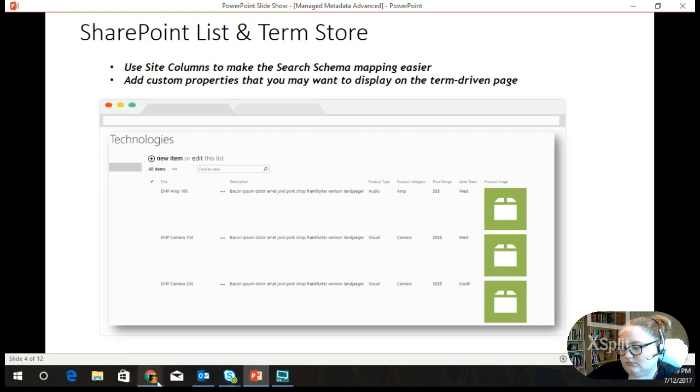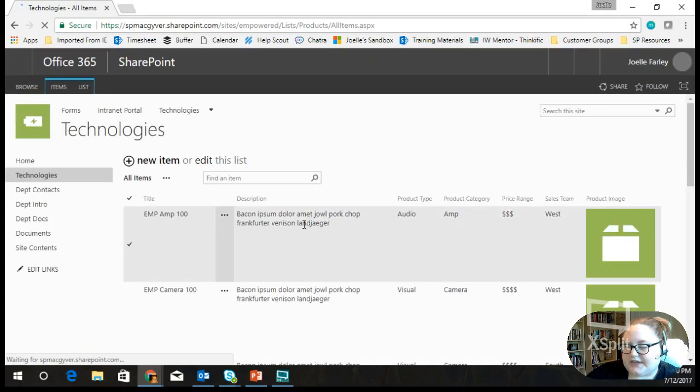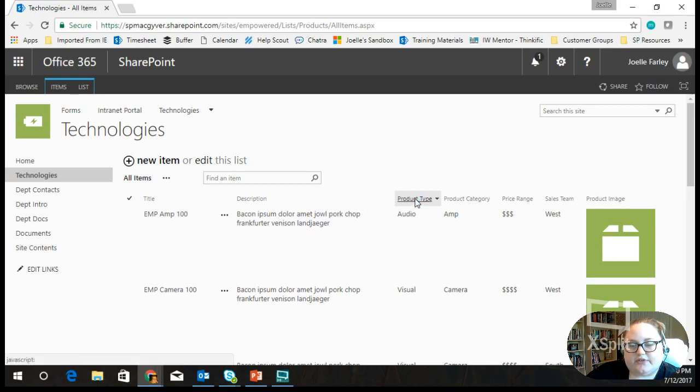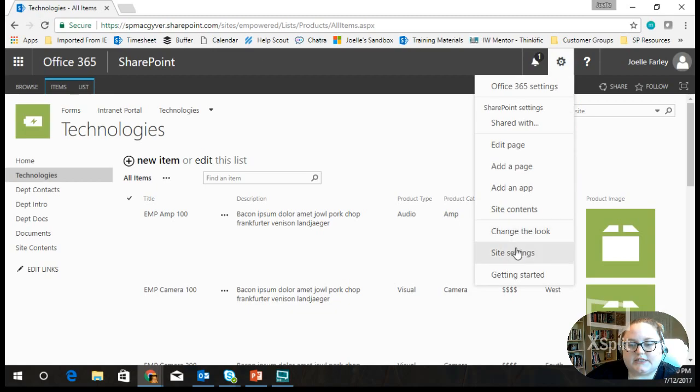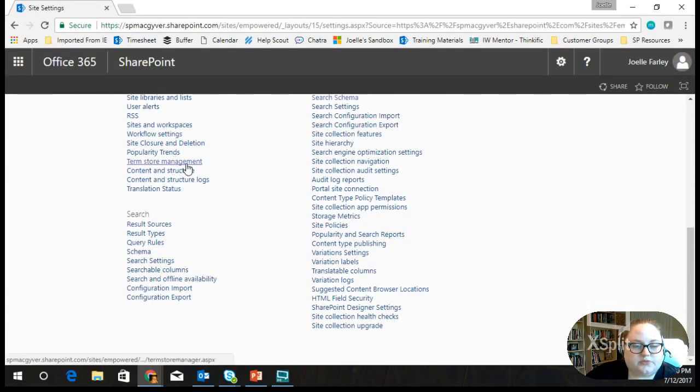Alright, so here, the technologies list is the list that I am using to generate all of this stuff. And as I mentioned here, I have a title, description, and then right here we have product type, product category, price range, and sales team. These are all managed metadata site columns that I've created. So if we go over to site settings and term store management,